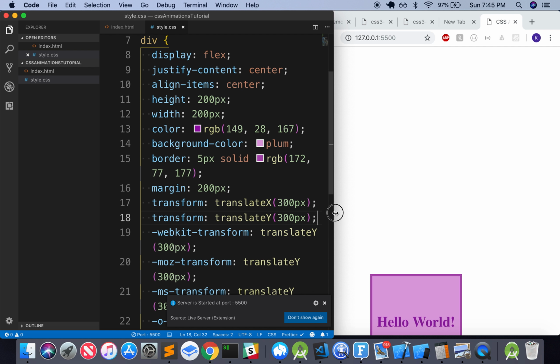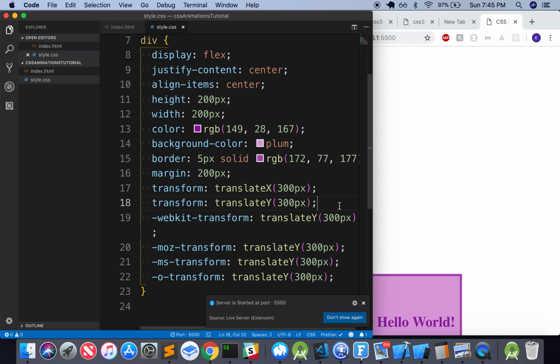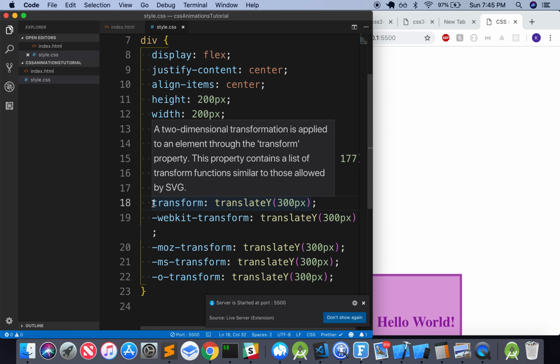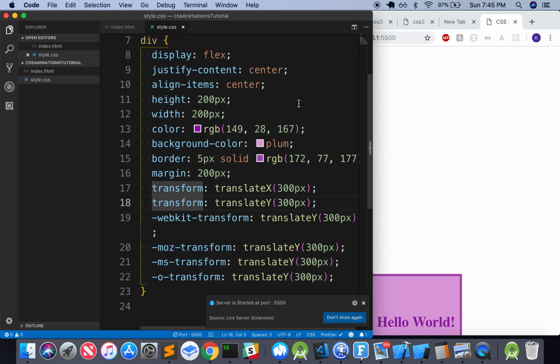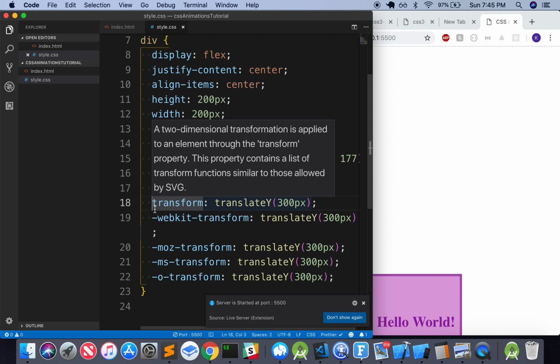If you notice, it didn't follow the translate X. It only followed translate Y. It didn't go right, it just went down. I'd say I'm teaching you this because you don't want to put two transform properties in an element. Because of cascading style sheets, it's going to follow the property that is the farthest down. So it's just going to ignore translate X,